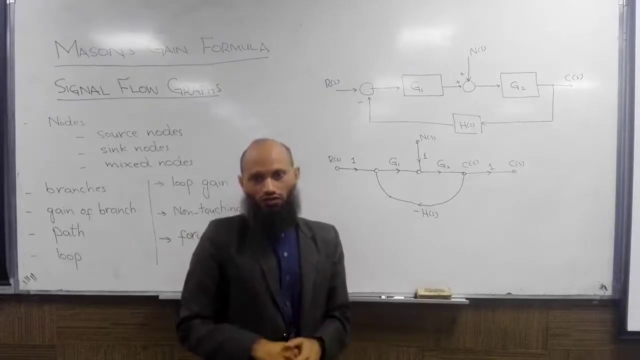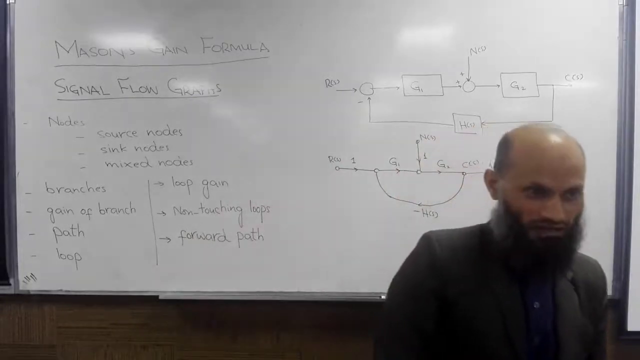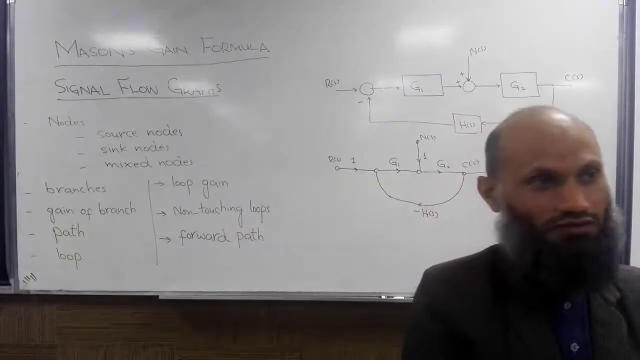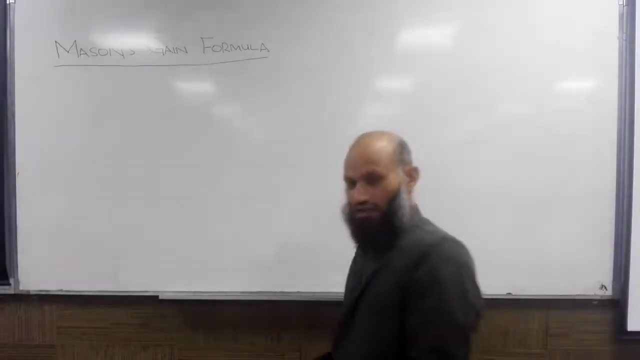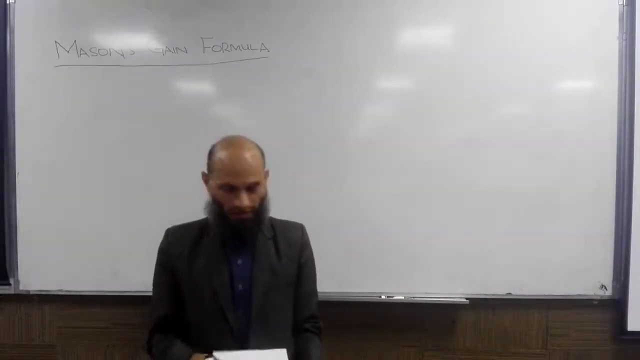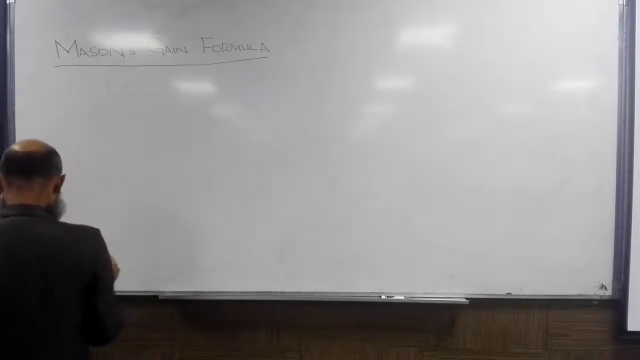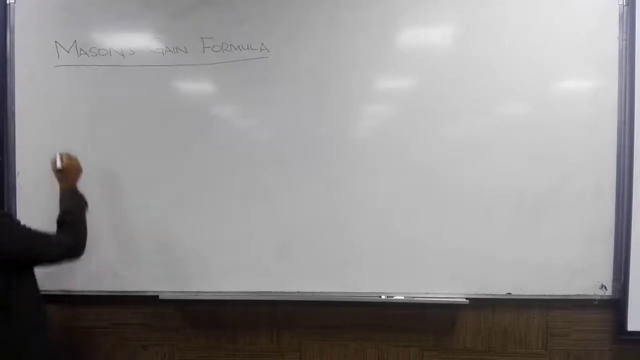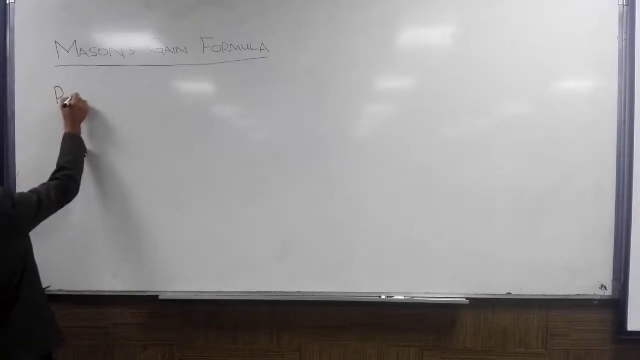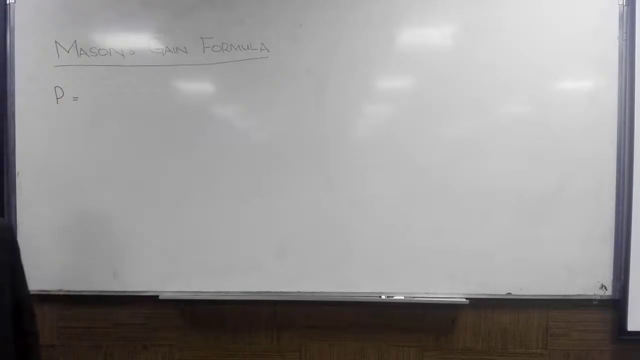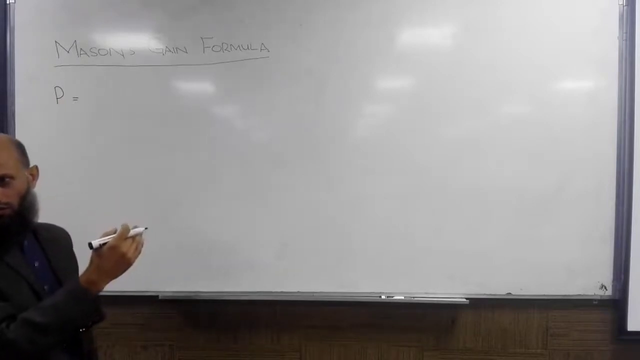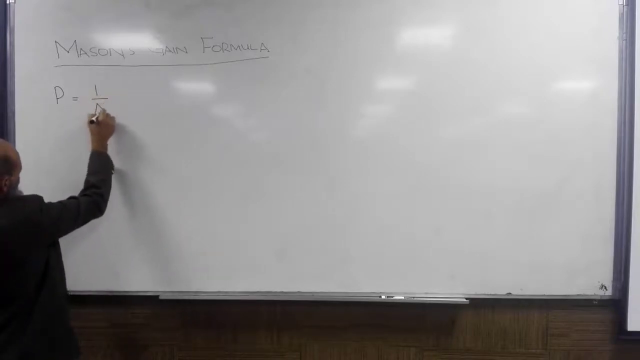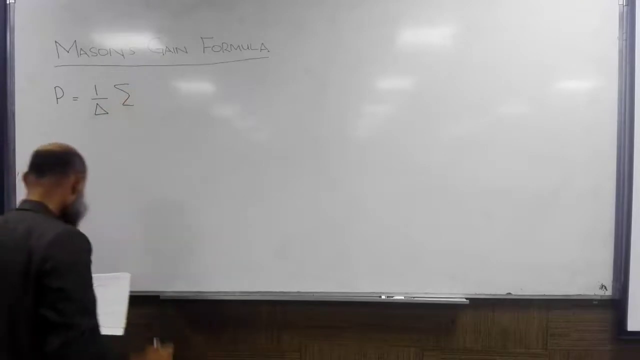So now you know how to draw signal flow graphs for block diagrams. And now we talk about Mason's gain formula. So I write this Mason's gain formula and then I shall explain it. The transfer function between output signal and input signal, P, you can use any other notation if you like, but P is the transfer function between output signal and input signal, that is given by 1 over delta and summation